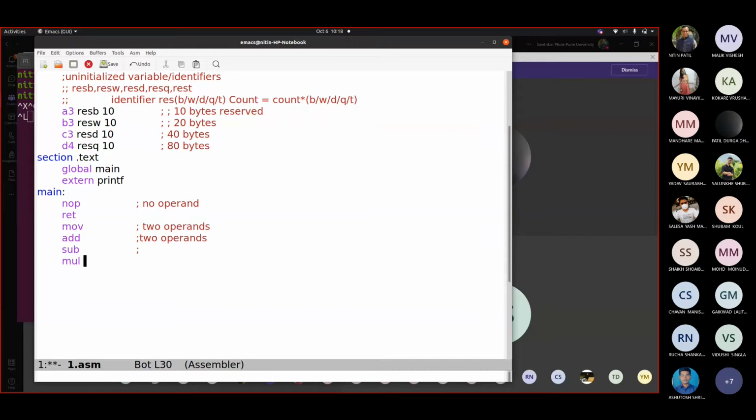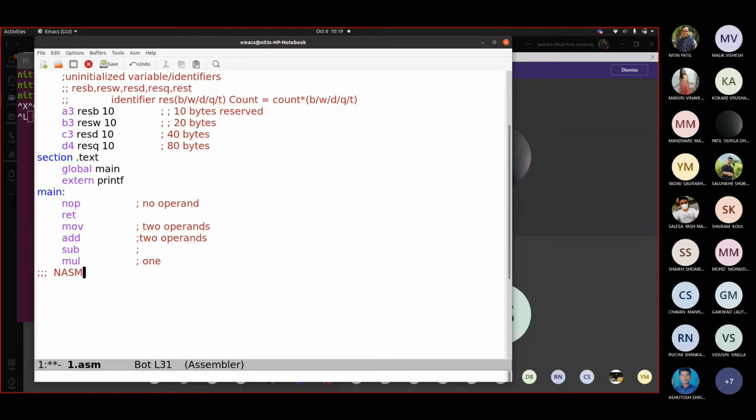Same case with this. This may contain 1 operand. Now how operations are really carried out, we would be talking definitely about them. Fine. So you may think, can there be 3 operands too? It may or may not be there depending upon the assembler that you are using. The assembler that we are going to make use of would be NASM, the Netwide Assembler.